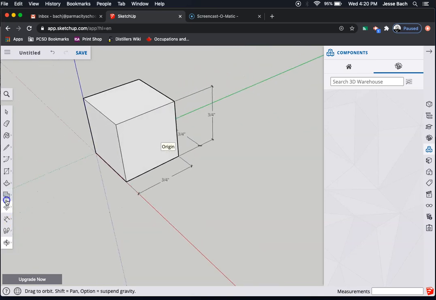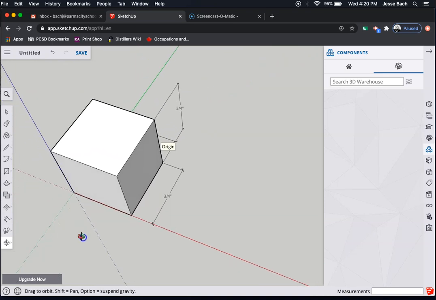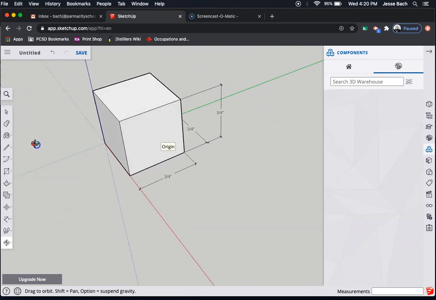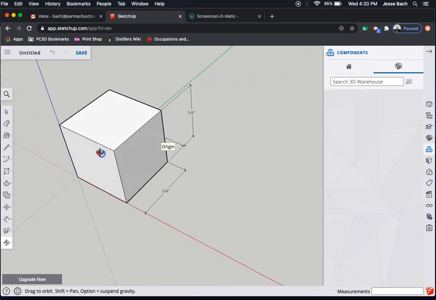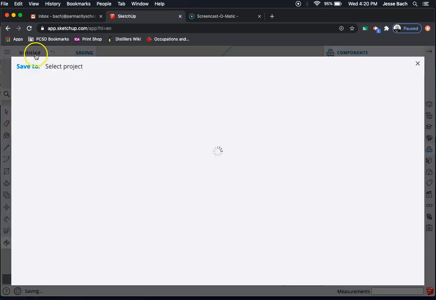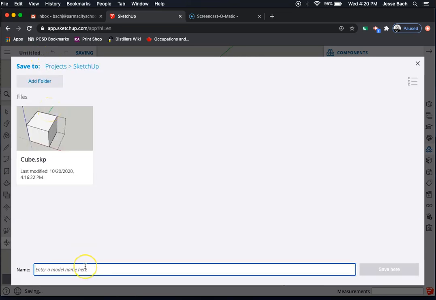And I have made a 3/4 of an inch cube now. It is extruded out. It is 3/4 of an inch, confirmed with the measurements. All I have to do is save. Select project, SketchUp. I'm going to make this cube_2 because this is the second cube that I made,